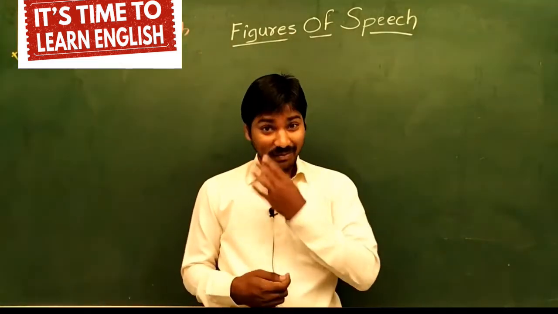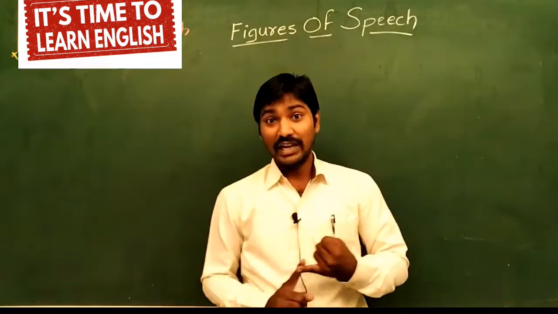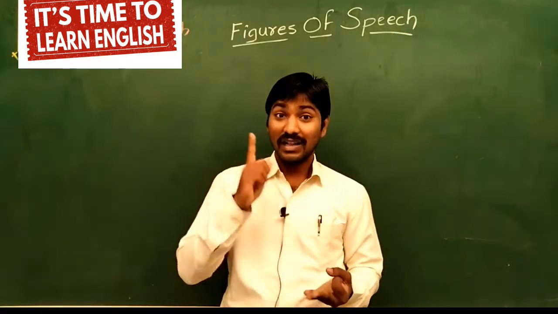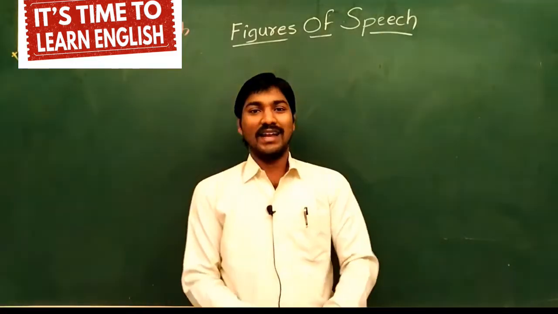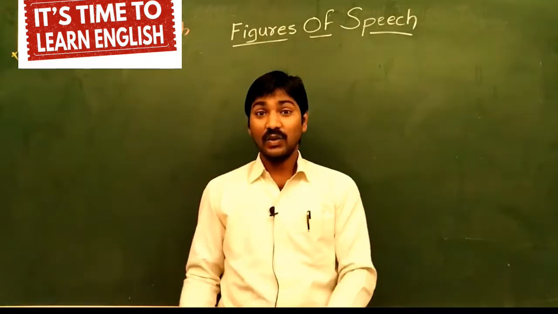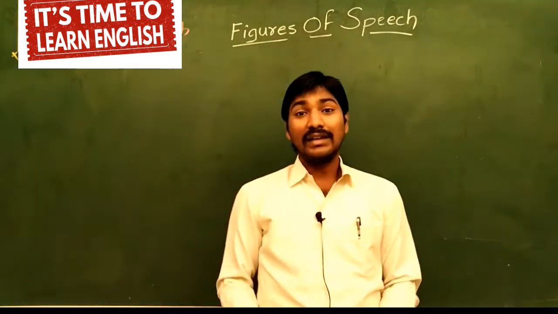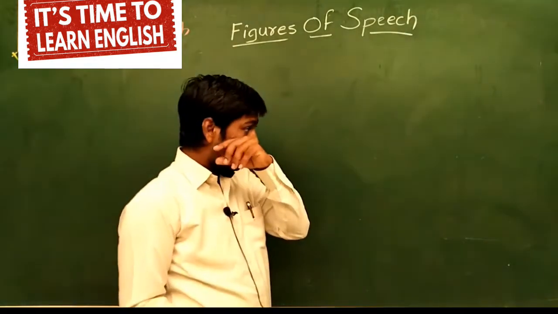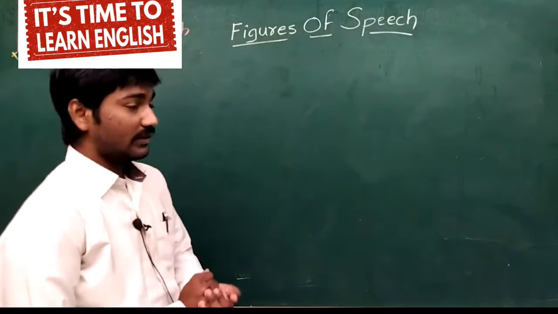So previously we completed our humanity theme and we discussed Selfie Jane part 1 and part 2, and we completed the garden within a beautiful poem, and we came to know what is humanity, how a human should live to kill evil and to start good things. So we discussed in the lessons, and today we are going to talk about the grammatical part in the third unit, and it is very important, that is figures of speech.